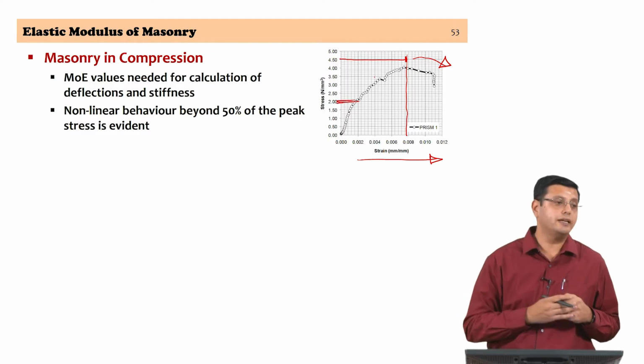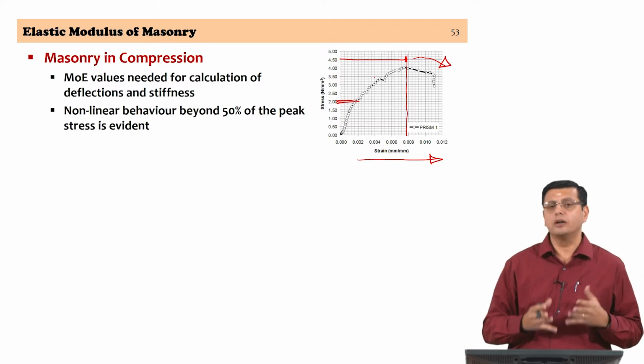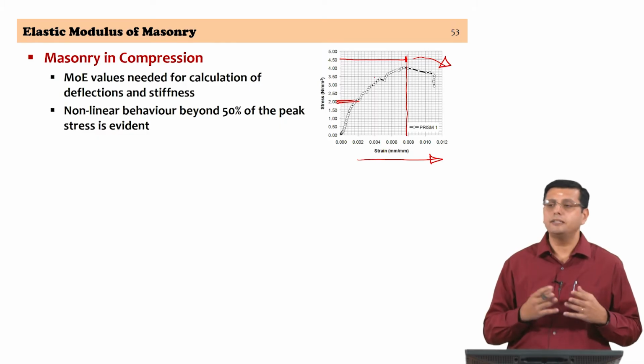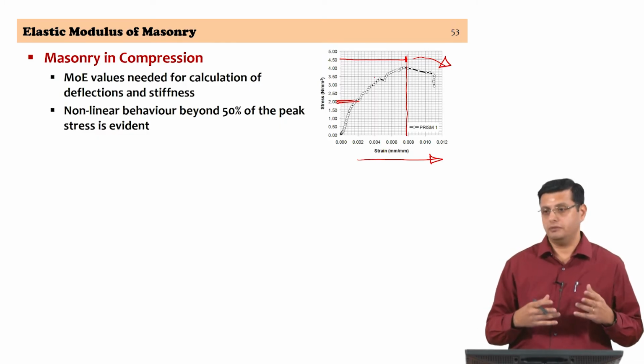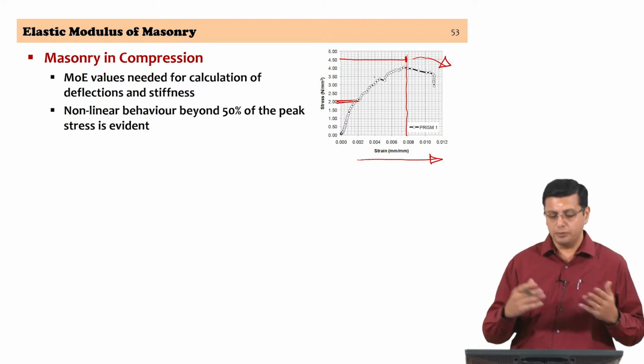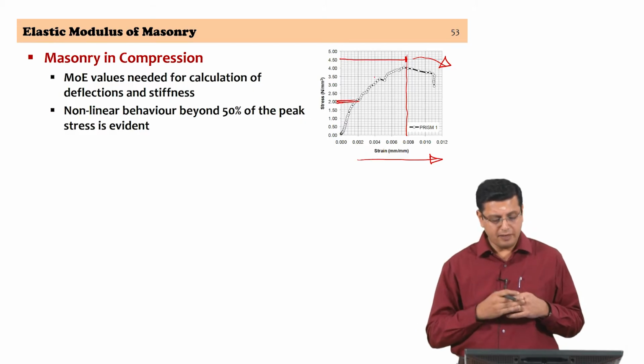You start getting nonlinearity in the material, and this is strongly representative of a material that is composite and porous in its constituents. The unit being porous, the material being composite because of the unit's behavior, the mortar behavior, and